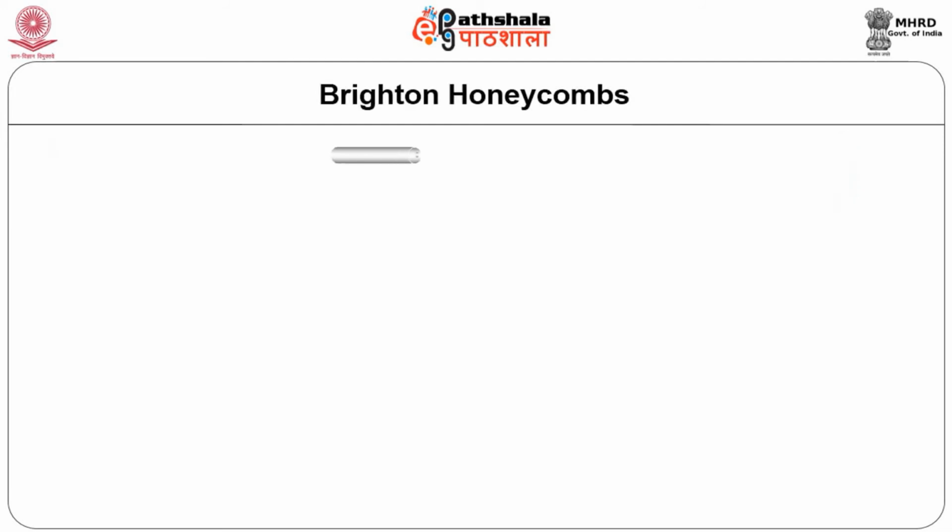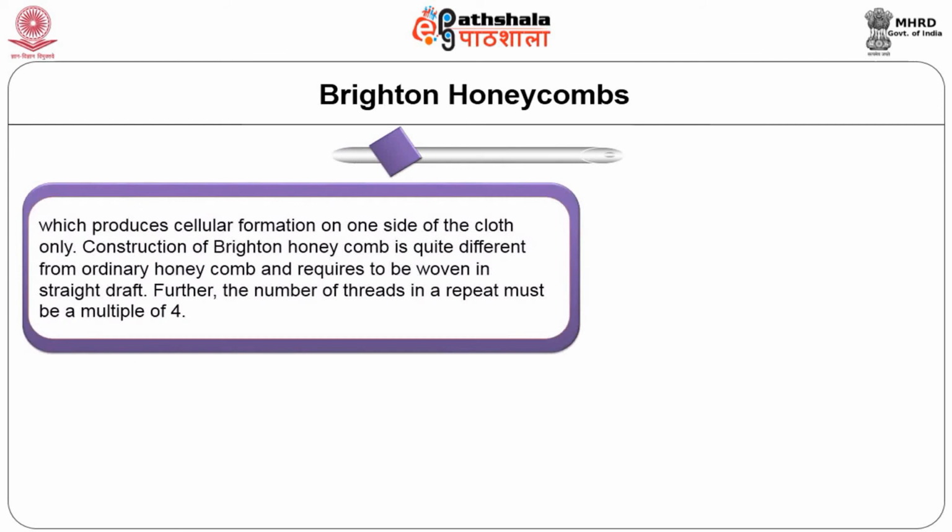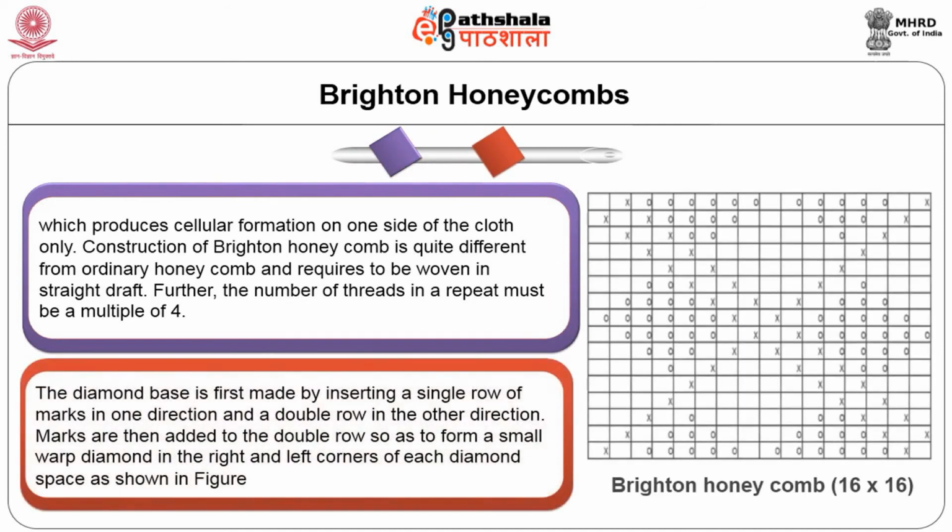When we go to the Brighton honeycomb, which produces cellular formation on one side of the cloth only. Construction of Brighton honeycomb is quite different from ordinary honeycomb and requires to be woven in straight draft. Further, the number of threads in the repeat must be in multiples of 4. The diamond base is first made by inserting a single row of marks in one direction and a double row of marks in the other